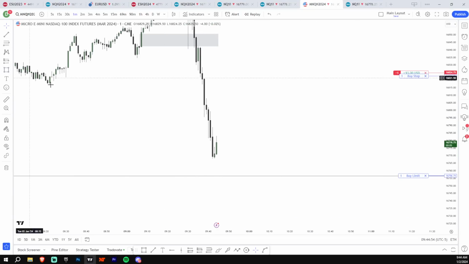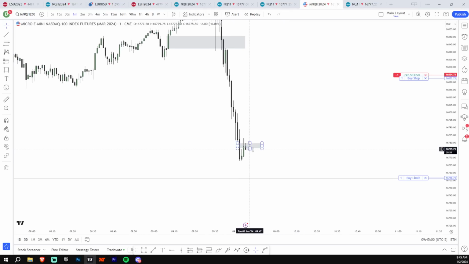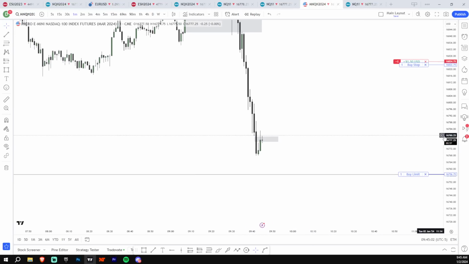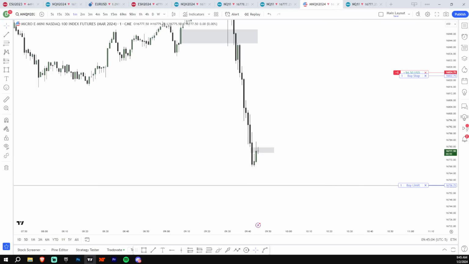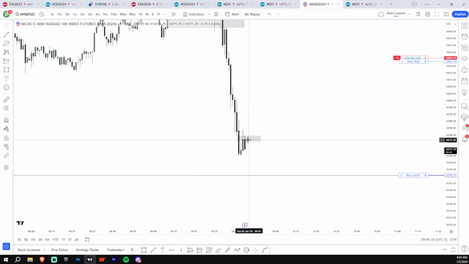There's not really much to draw down here. I want to see this hold, but what's the probability of a fair value gap like this holding? Not very high, because we're so low. This does not have to hold. I want it to hold, but that doesn't mean it's going to hold. Hell no, you don't short here. You just want to see it hold if you're already in the short.